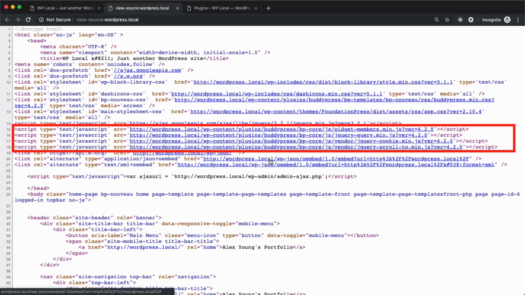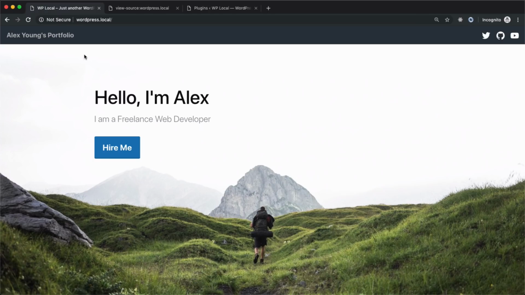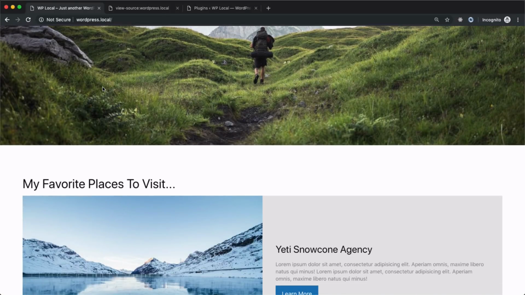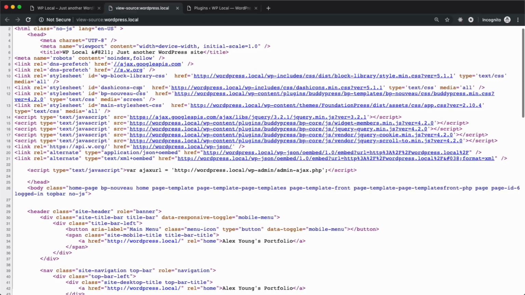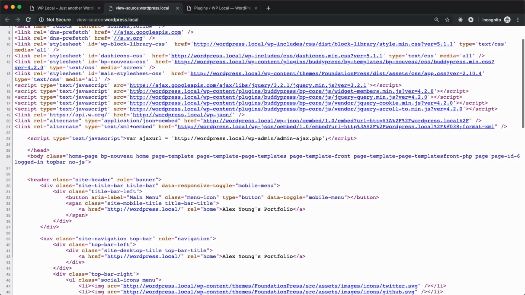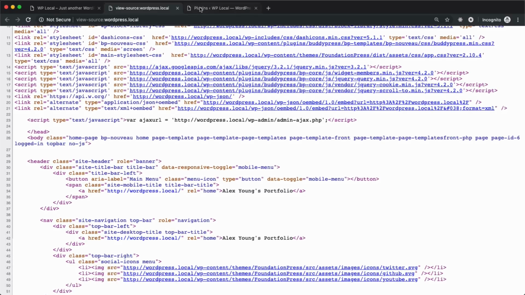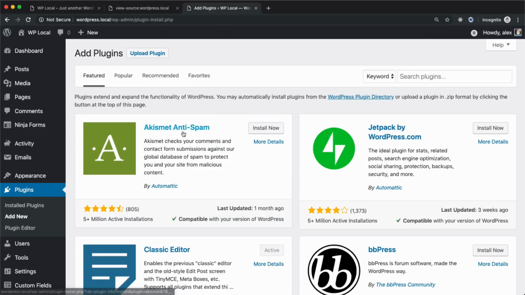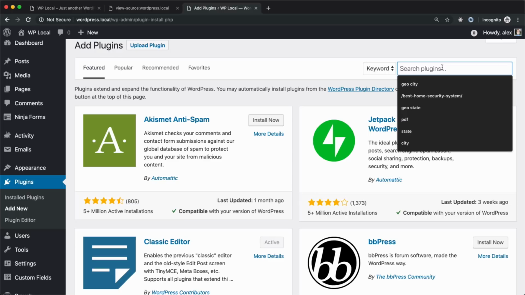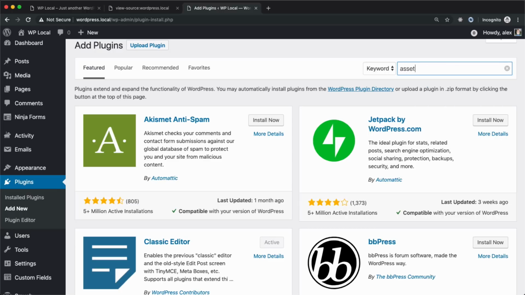And we're not using any of those features on the homepage. We don't have any sort of login form or a social feed or anything like that. So the fact that these are being enqueued on this page makes them unnecessary. So what we're going to do is install another plugin called Asset Cleanup. Now, Asset Cleanup is a plugin that I use quite frequently, and it allows you to take a look at